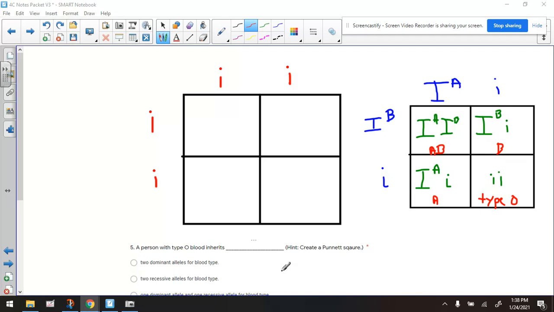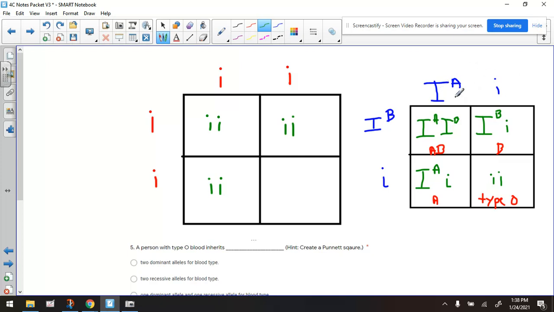All right, so let's assume that both parents are type O blood. We'll do that one first. So if we look at the offspring, dad is type O, which has the recessive alleles ii, and mom is type O, and she would have the recessive alleles for the blood type, which we use the notation of an i. Now, if we fill in the offspring, 100% of the offspring would end up having type O blood. But what if